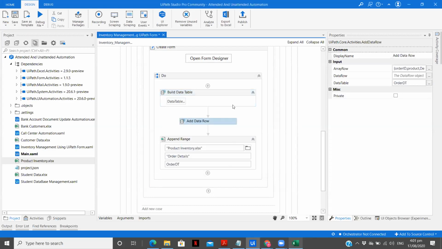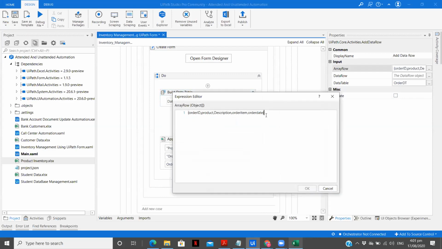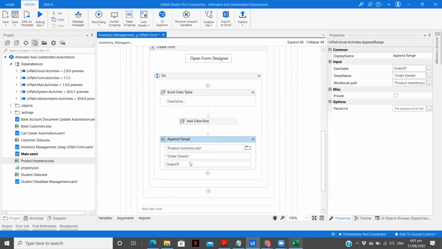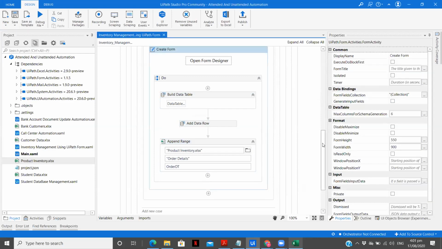After that, we are adding a data row. We are using an add data row activity. We are passing our order data table, which we have built over here. And there we are passing all the variables that we want to write in our Excel file. After that, we are just using an append activity and passing our data table, which we want to write in our Excel file. So let me save this.